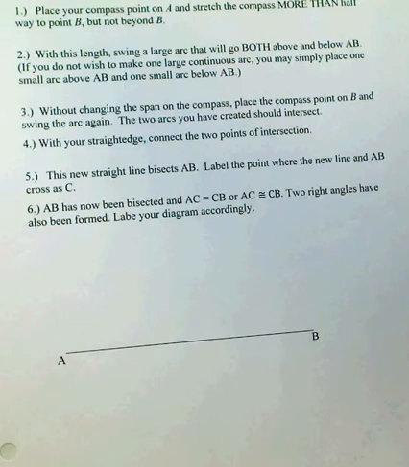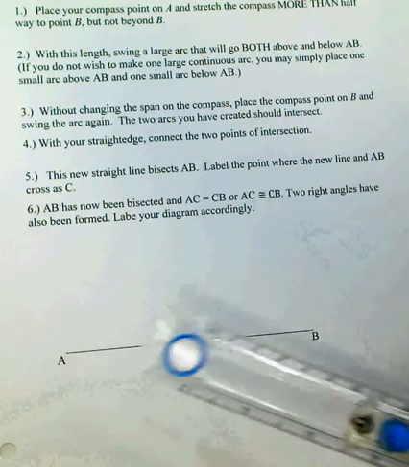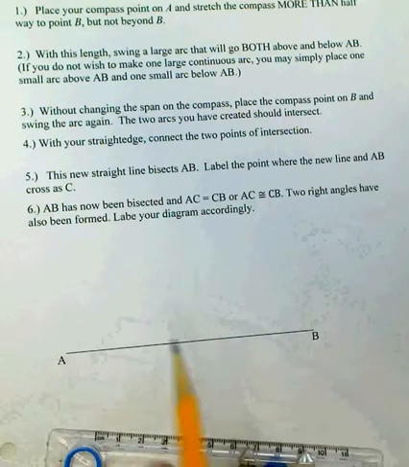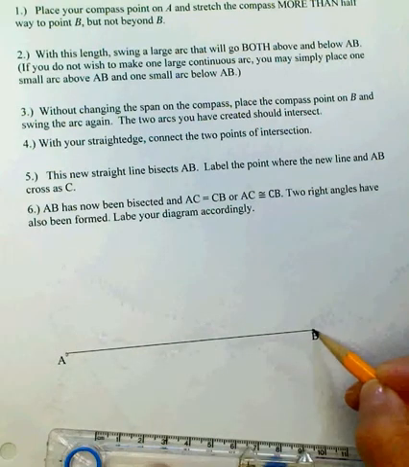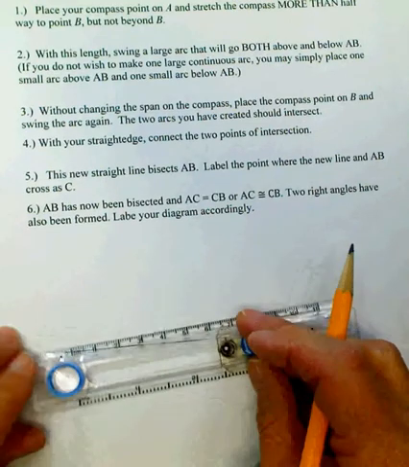Today we're going to begin construction 5, in which we will construct a perpendicular bisector to segment AB. If you read your directions, number 1 says to place your compass on point A